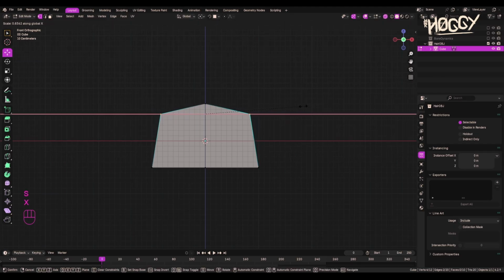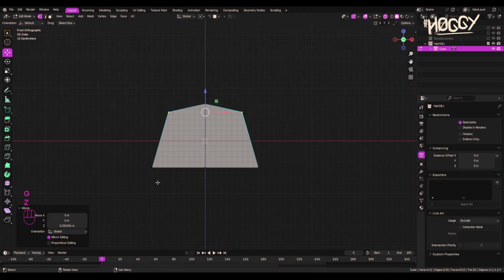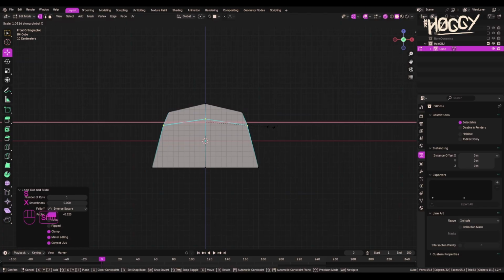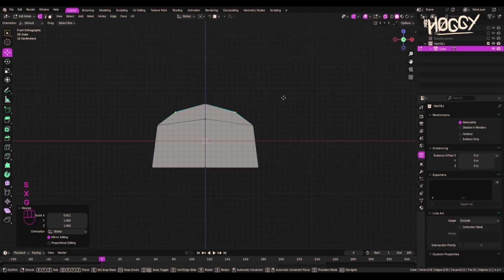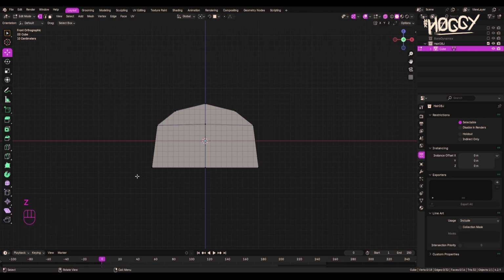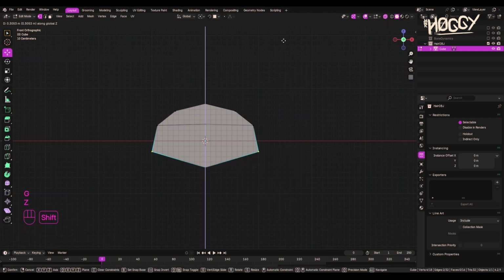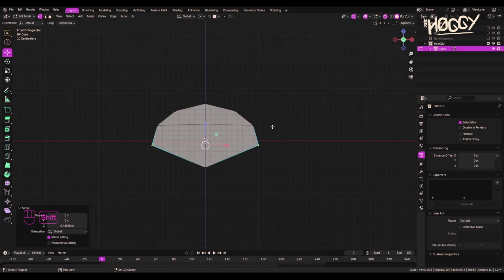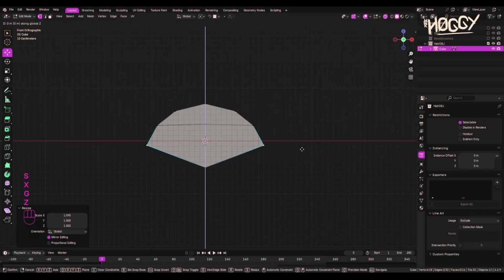I'll scale them down a little bit on X and move them a little higher, and now I can create another edge ring here, which I also scale up on X. So you can see we're already starting to create that little arc shape that I was talking about, something like that. And I'll select these lower ones here, shift them up a little bit, and scale them more